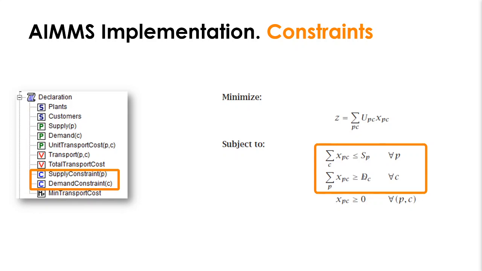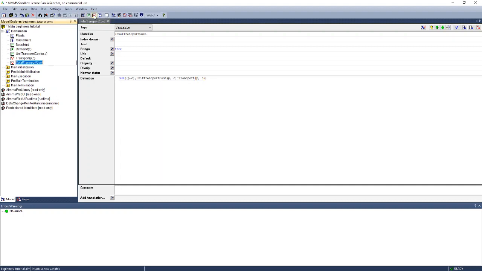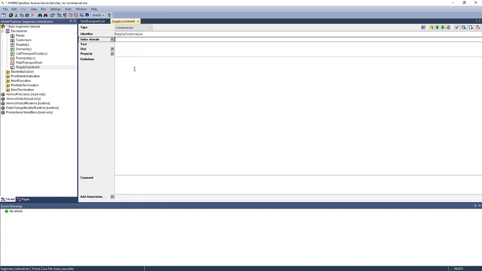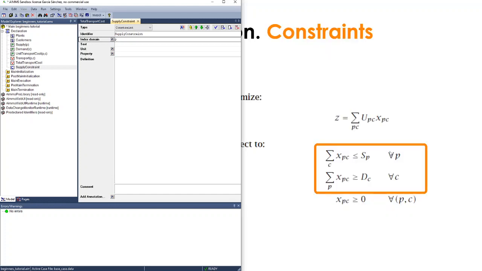We can define now our constraints, which are those related to our supply constraints, our capacity in our plants, and the demand for our clients. So we go back to AIMMS and we're going to define first a constraint which we will call supply constraint, and we need to define an index domain because we need to impose or create a constraint for every plant,